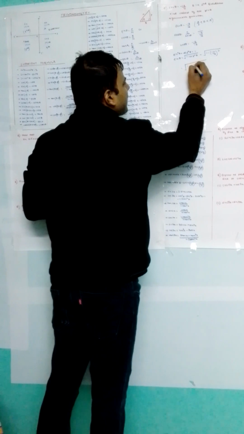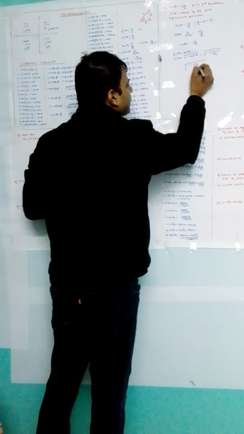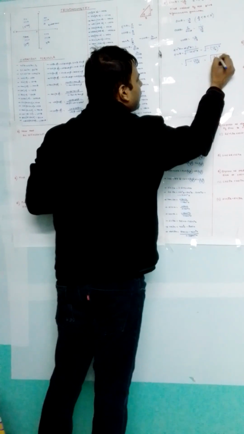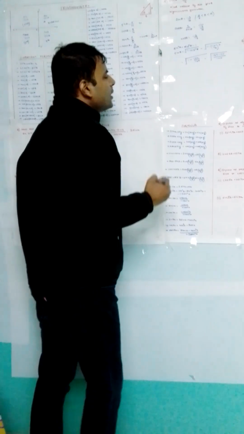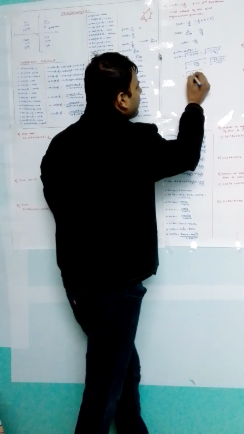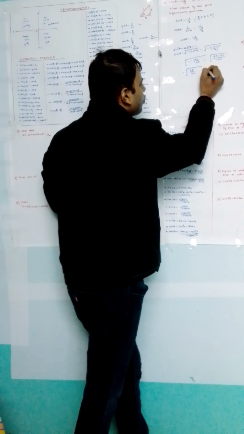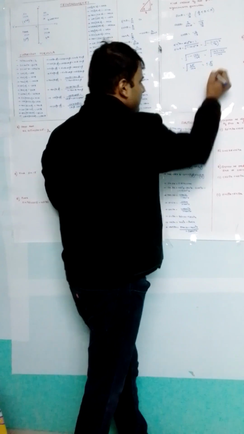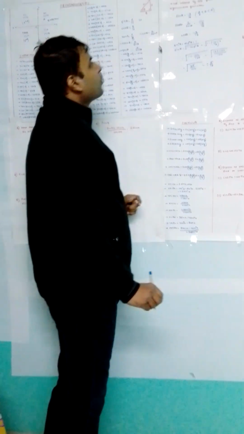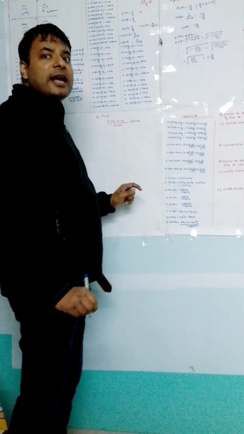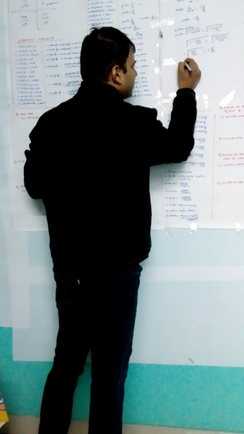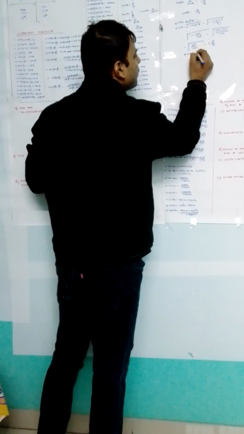Next thing, 1 minus 144 upon 169. See, 169 minus 144 upon 144. Okay? So 169 minus 144 is under root 25 by 144, which comes out to be plus minus 5 by 12. You have seen that it will be plus 5 by 12 and minus 5 by 12. But look, since it is the second quadrant, and in the second quadrant sine theta is positive. So what will happen? Sine theta is 5 by 12.